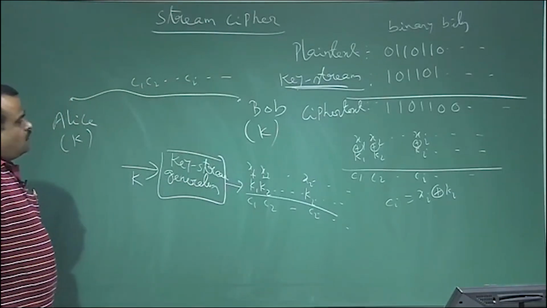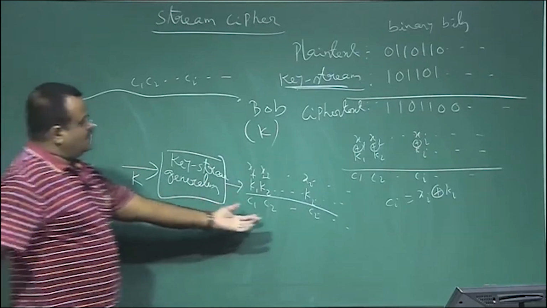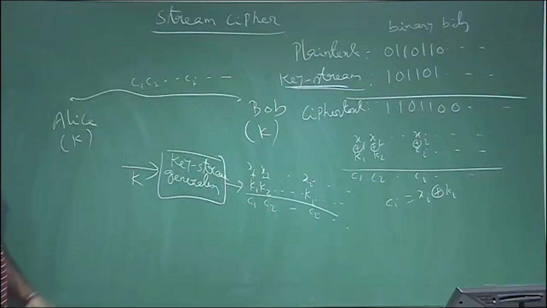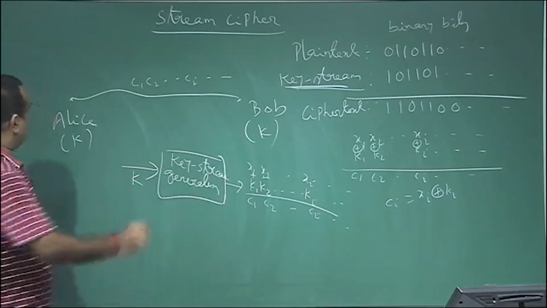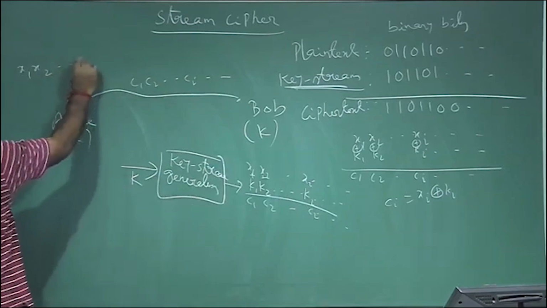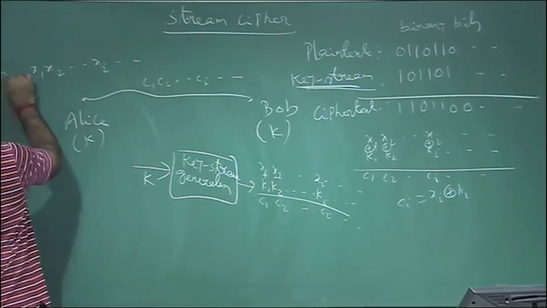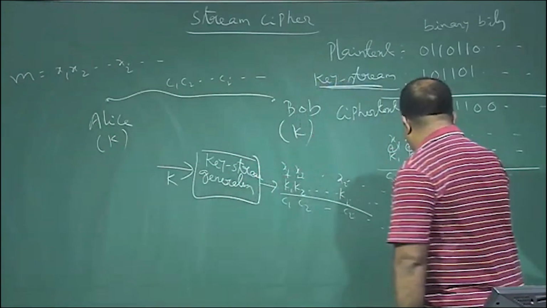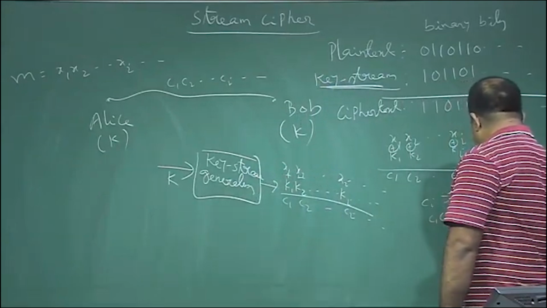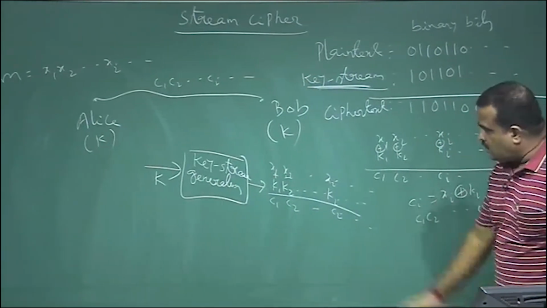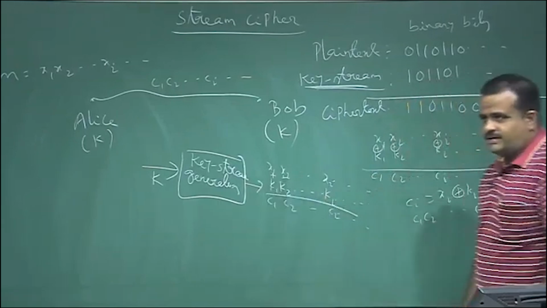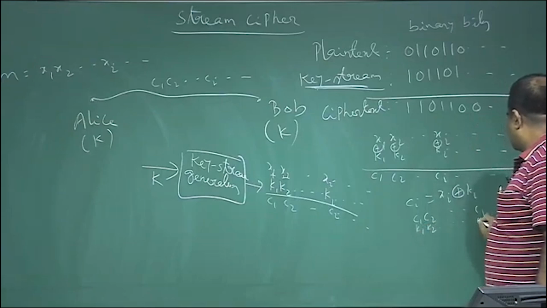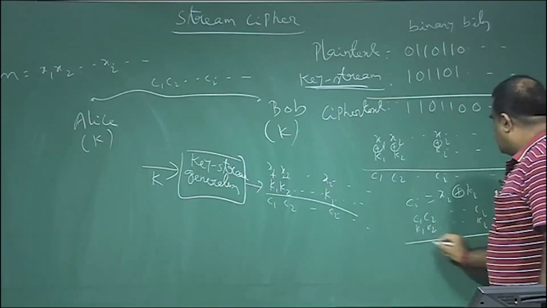Okay, now how will Bob decrypt it? Bob is receiving C1, C2, Ci and so on. So Bob has to get back the message x1, x2, xi and so on. So what will Bob do? Bob has C1, C2, Ci. Bob also has to run the same key stream generator and get the key stream bits ki and so on. So Bob will simply XOR